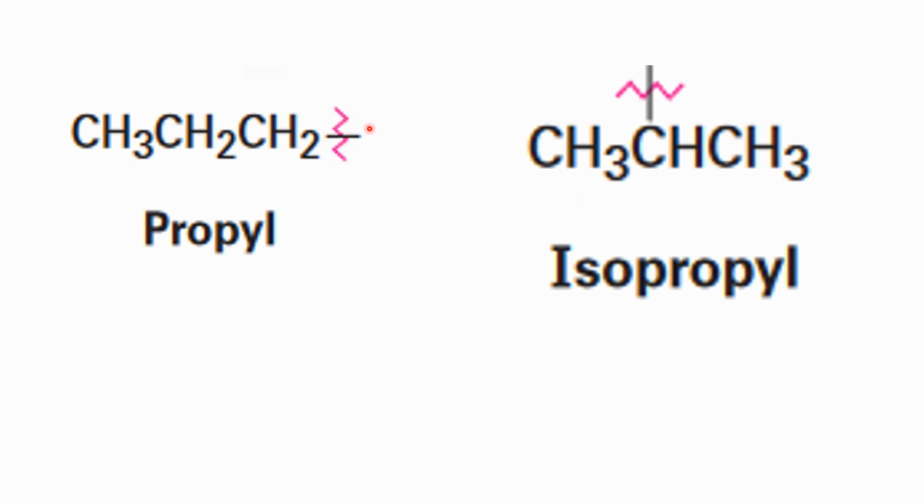If an OH group is attached to this position, you call it propyl alcohol or n-propyl, meaning normal propyl alcohol. And if the OH group is attached to this position, wait,